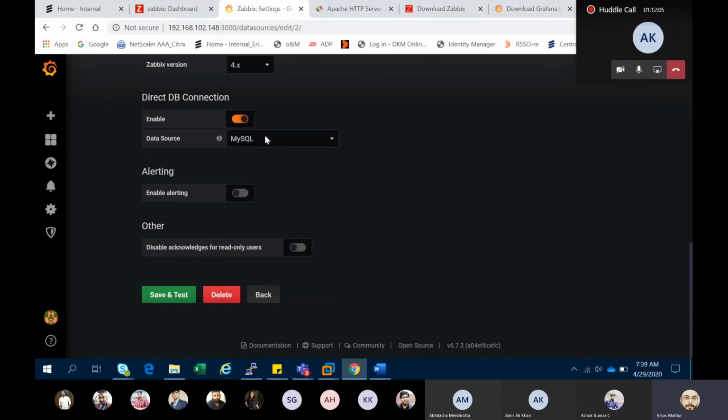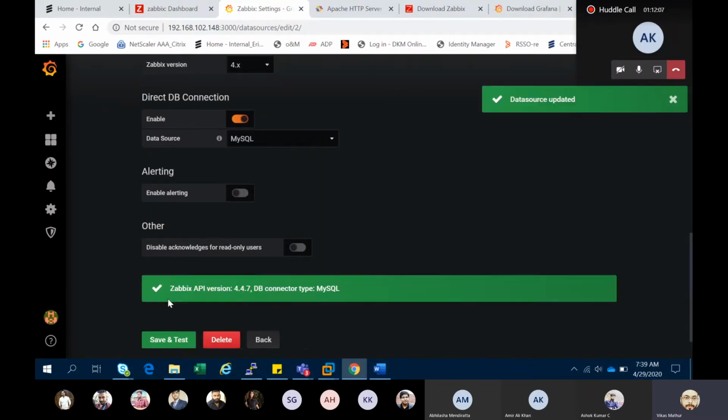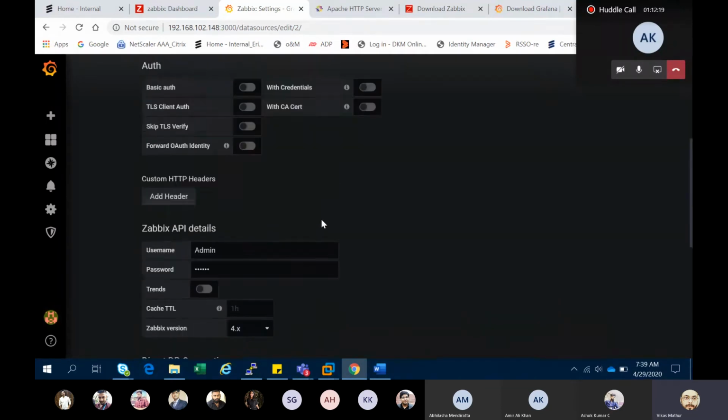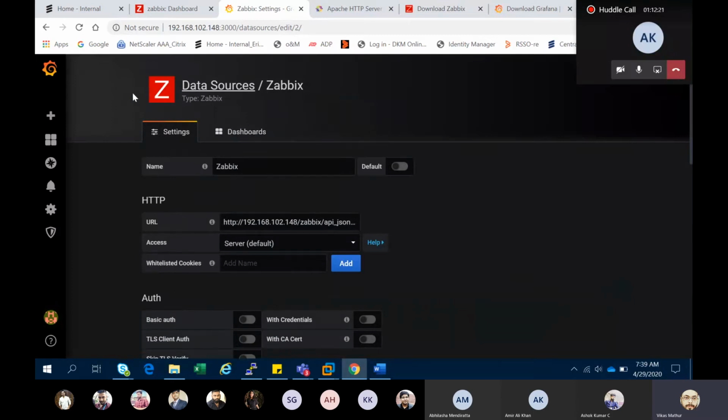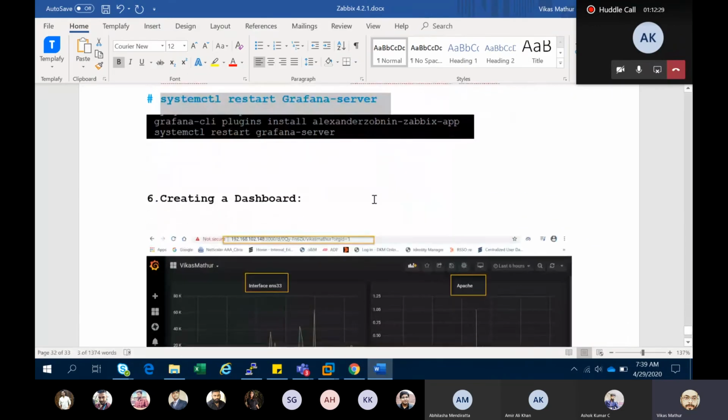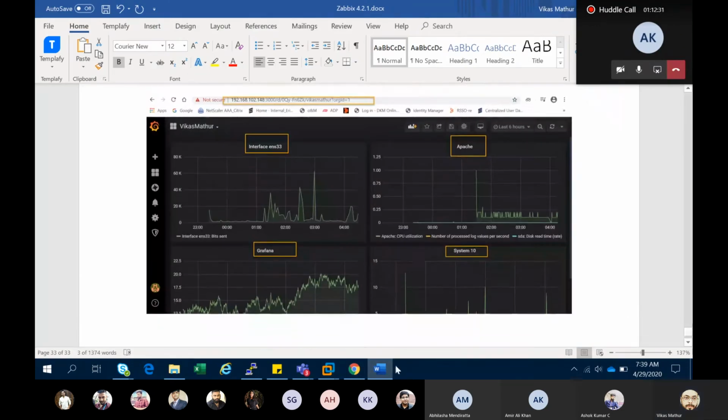After that, you have to enable, save and test. If anything appears wrong over here, that means your integration failed. This is very important because we are adding a new Javix plugin to our dashboard. These are the little changes we have to do for the integration purpose. That's it, nothing else.